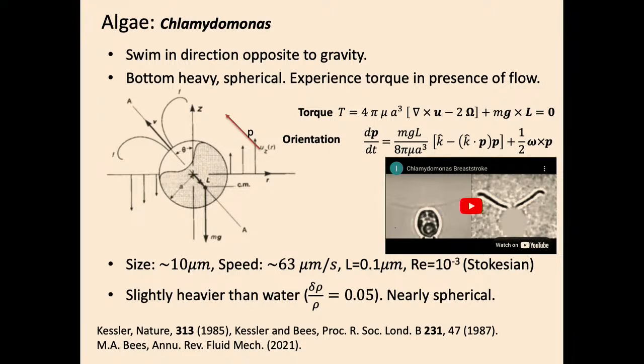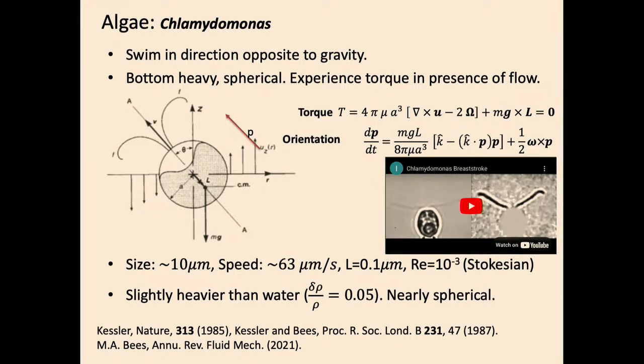One is that the organism, as expected, is trying to align itself in the direction of gravity. And the second thing is that because there is a vorticity present, it's trying to reorient. Now, because this organism is nearly spherical, we don't have any contributions from the elongation strains present in the system. If you had an organism which was elongated, like a bacteria, then you would have additional couplings coming, like lambda s dot p, where s is the rate of strain tensor,